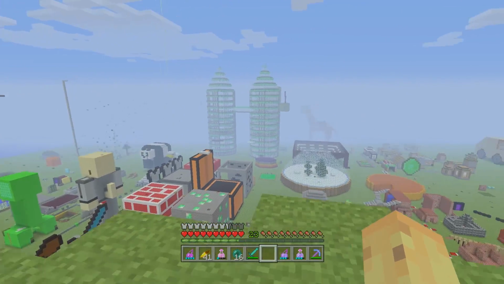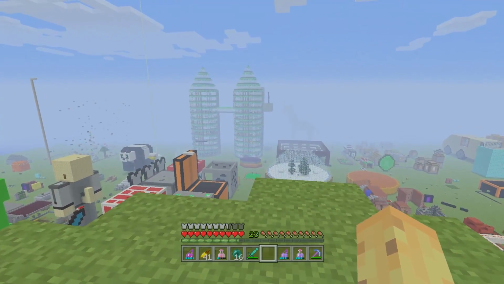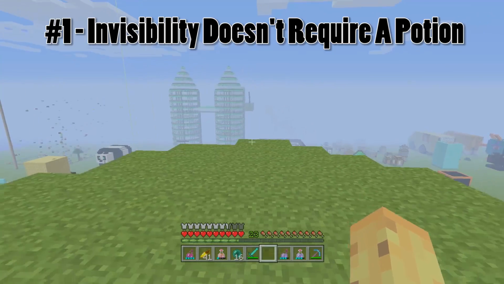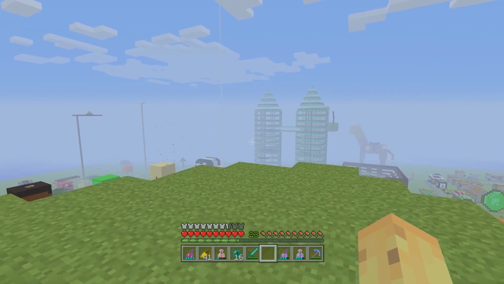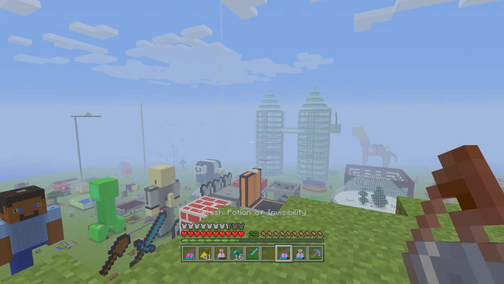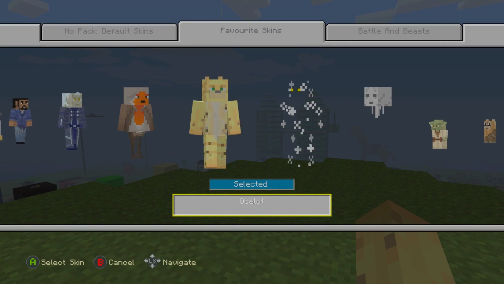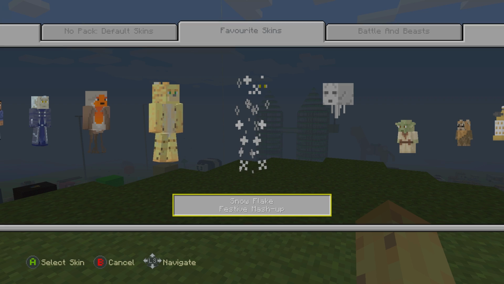Let's start by talking about the first fun fact about invisibility, which is all the things about invisibility outside of it. If you play Minecraft console, this is mainly aimed at you, and it's for the Pocket Edition too, because invisibility doesn't just have to take effect when you have a potion. There are 2 other ways to become invisible. The first one is by using the skin system, because certain skins have massive transparent sections,